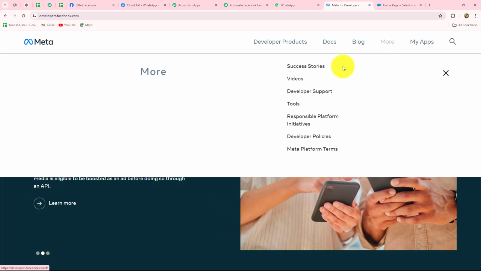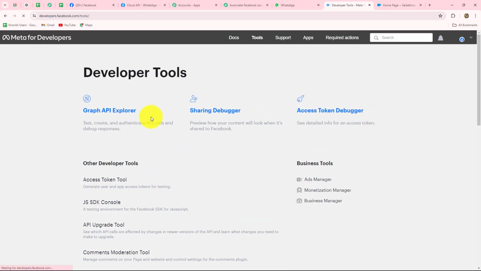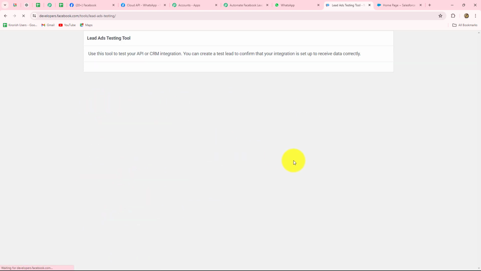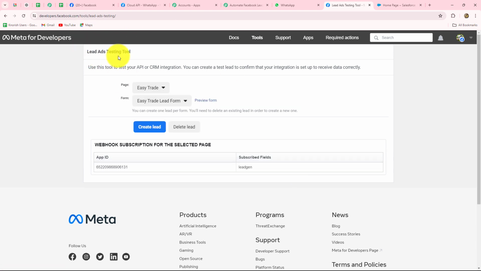When we'll go towards the more option, here we have the option of tools. Under tools, here we have the option of lead ads RTO debug tool. When we'll select that, it is going to take us towards lead ads testing tool. So with the help of this tool, basically we are going to test our connection between Facebook lead ads and